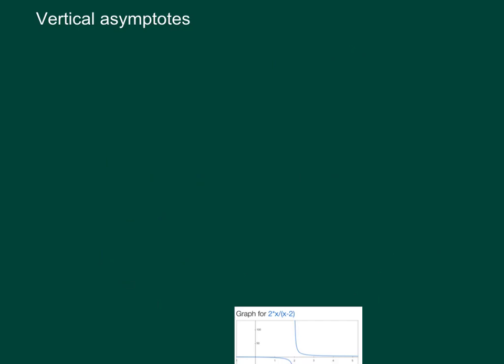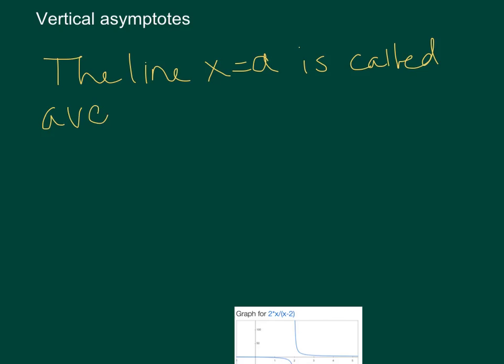That's really the important piece of limits involving infinity: talking about asymptotes and their definition. The line x equals a, a constant, is just a vertical line, so the line x equals a is called a vertical asymptote